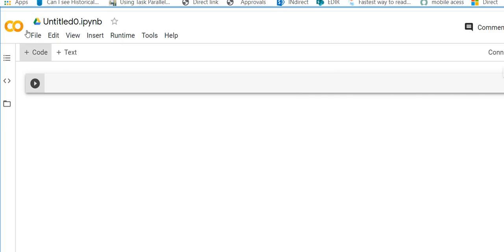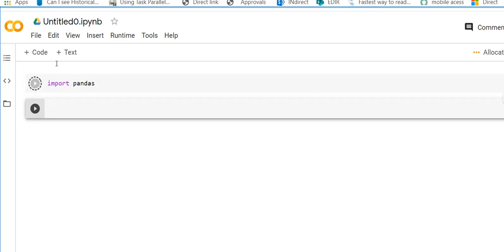So if you see here, now we got a new notebook in Google Colab. This extension is ipynb, the same as the Jupyter Notebook extension. The process and all remains the same, like in a Jupyter Notebook. Of course, if you want to import some library, you can just press shift enter to execute the cell. Basically, in Google Colab, some default libraries like pandas are already installed, so you don't need to install any default and common library.